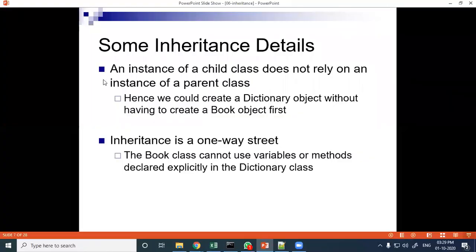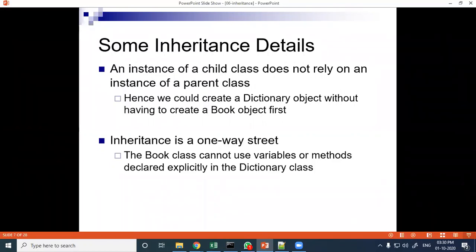So now some inheritance details. Inheritance of a child class does not rely on an instance of the parent class. That means if you have created any object of the parent class, there is no relationship between the child class object and the parent class object.